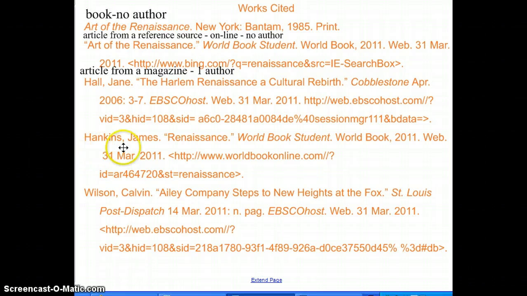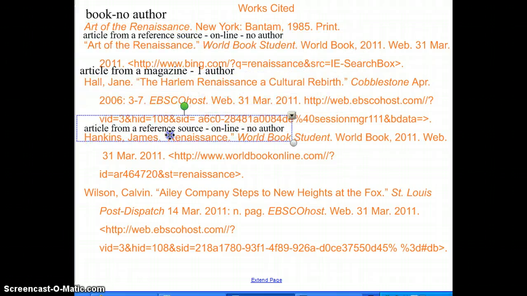The next source is Hankins, James, Renaissance, World Book Student. Again, we've got an article from a reference source. Same thing. The only difference this time is that we do have an author. And then the last one, Wilson, Calvin, "Ailey Company Steps to New Heights at the Fox," St. Louis Post-Dispatch. And we see this EBSCOhost again, which tells us that we're looking at, oh, and I